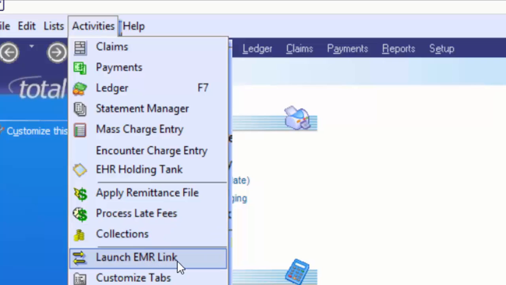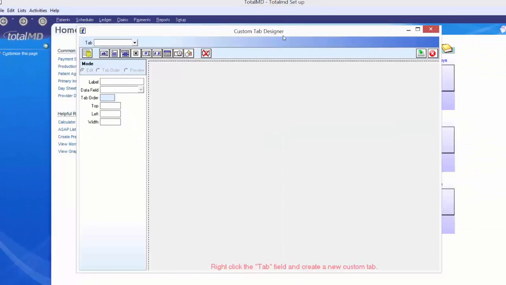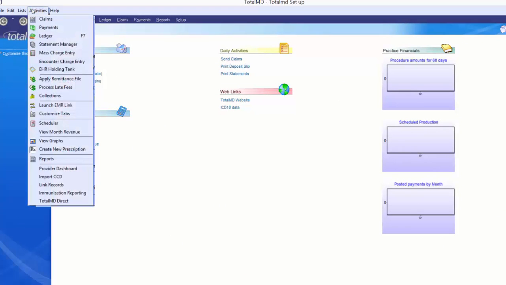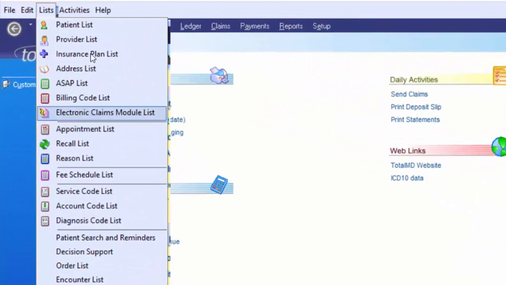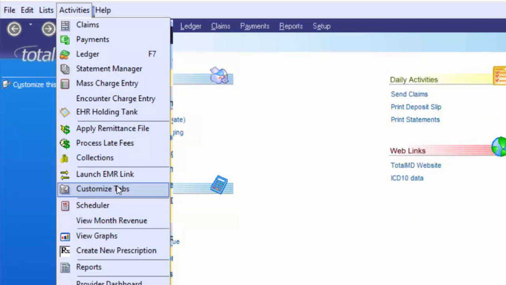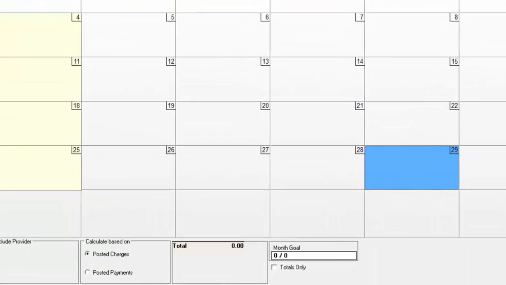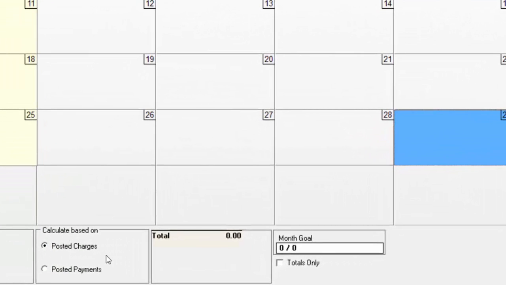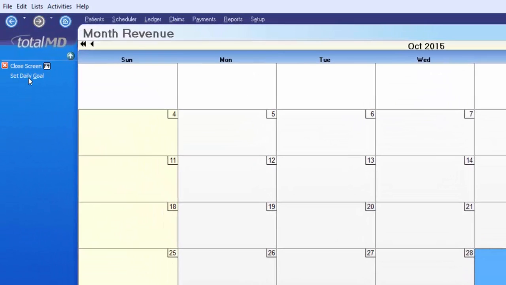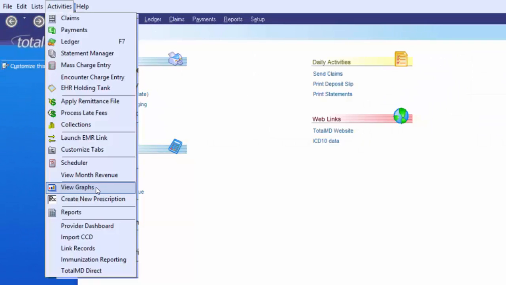Launch EMR Link is something that our tech support folks will be utilizing. We do have a custom tab designer section for those of you who are more advanced computer users. We can certainly do a training session on that. Scheduler takes you to your schedule. View monthly revenue will give you a month at a glance view of the charges you've posted and the payments you've collected. We do have several graphs set up under view graphs that are going to track various items such